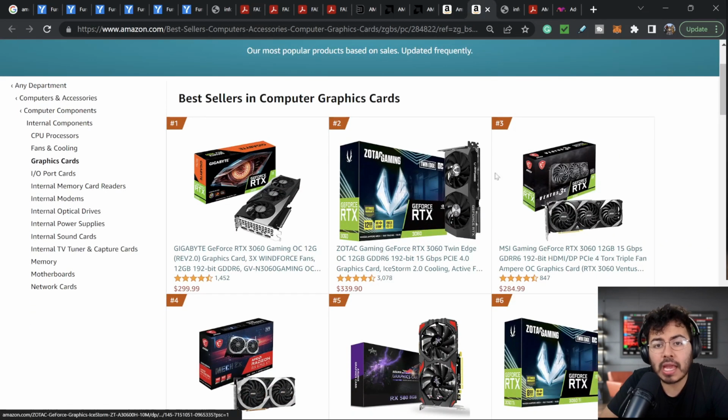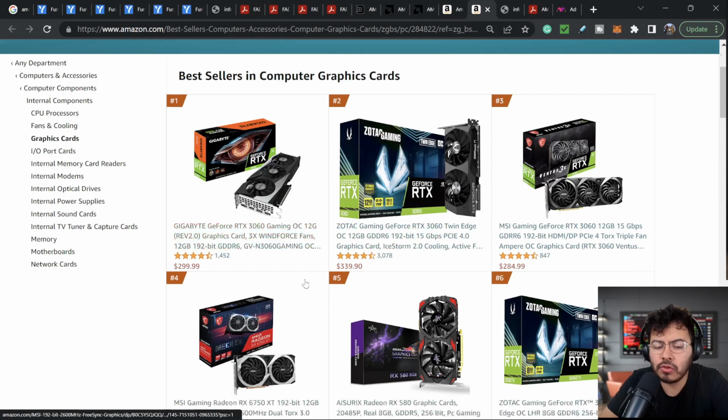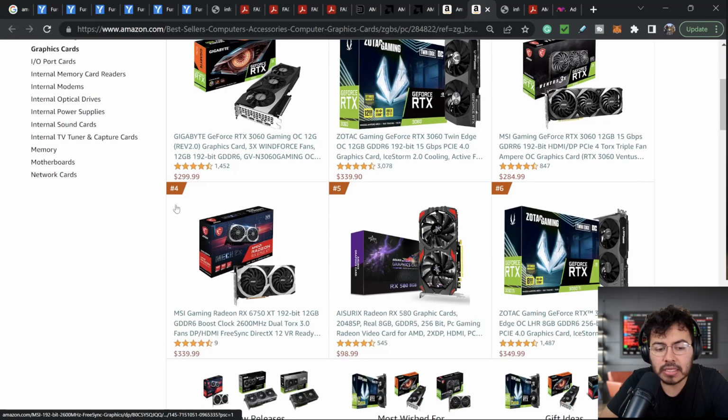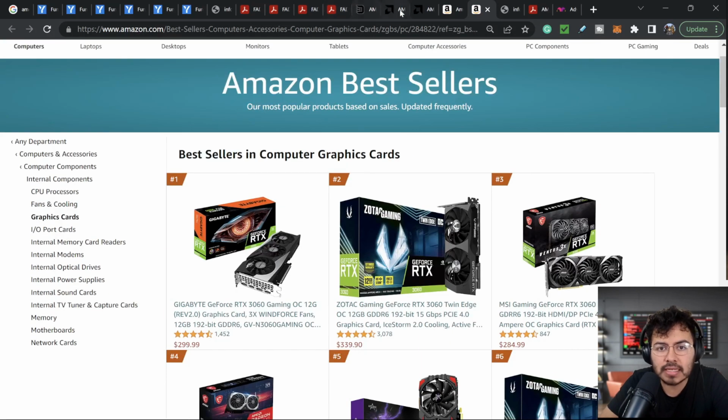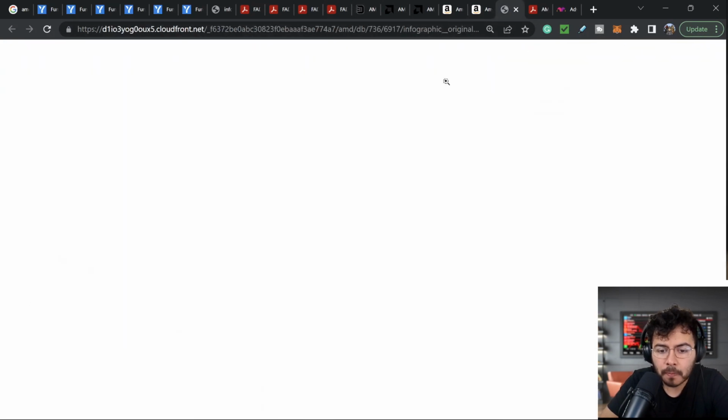If we take a closer look at graphics cards, unlike AMD in the CPU market, where AMD is really dominating to some extent versus Intel, in the GPU market AMD is still losing to NVIDIA. But we can see number 4 and number 5 are AMD products, so it's not like they're completely obsolete. We can see that the market still has those as top selling at the moment.